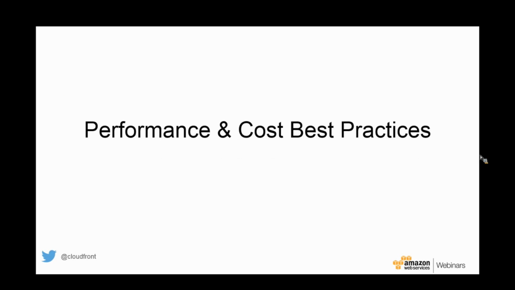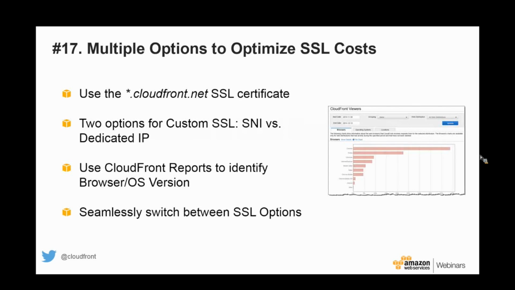Let's talk a little bit about the performance and cost best practices. From a cost of SSL perspective, as I was alluding to, there are multiple ways in which you can configure SSL or HTTPS delivery via CloudFront. You can use the star.cloudfront.net SSL cert, which is a shared cert. So when you create a CloudFront distribution, you get your own unique CloudFront domain name, which is a third-level domain of the CloudFront.net domain. And your viewers can always download your content using HTTPS on that